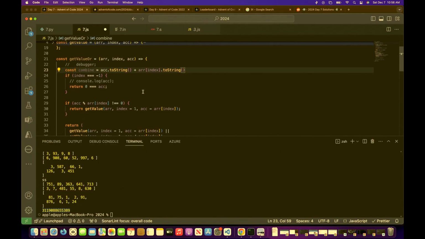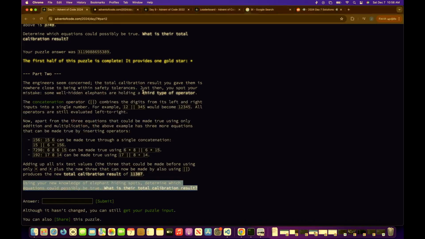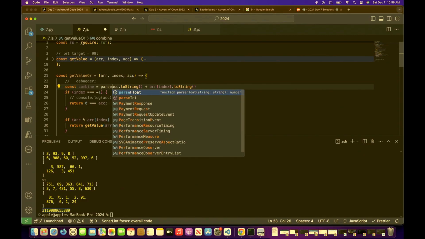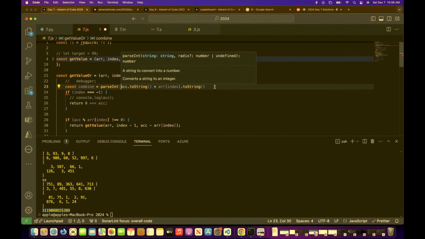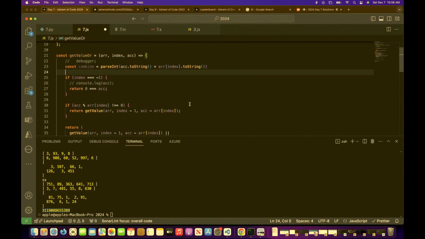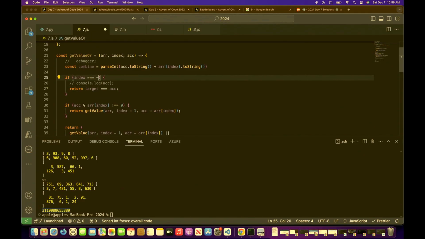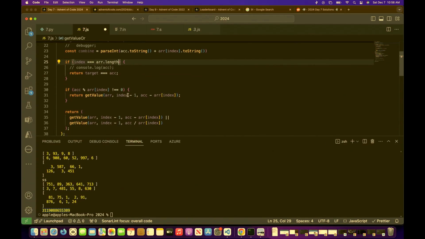So we completely have to change our approach. And it's gonna be fun. So here we have to actually do index equals array dot length, index plus one index. So we remove this one. So plus, or we multiply, and plus one,